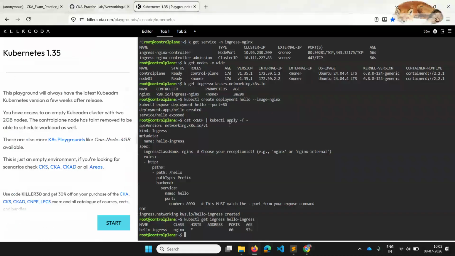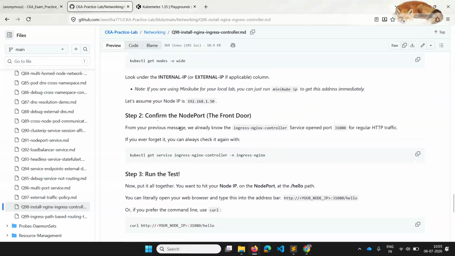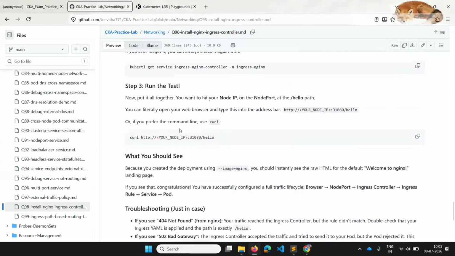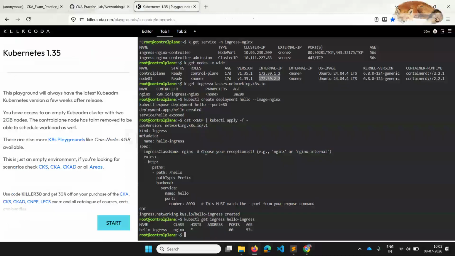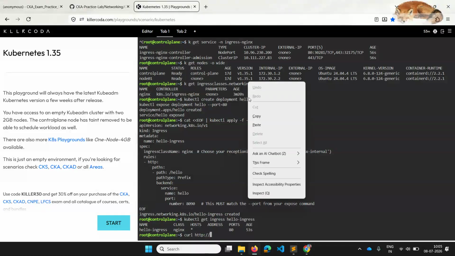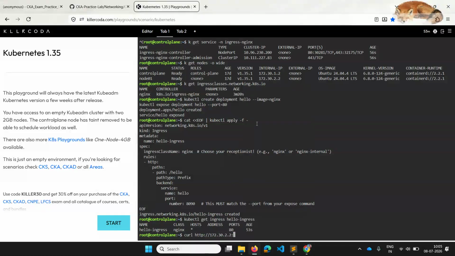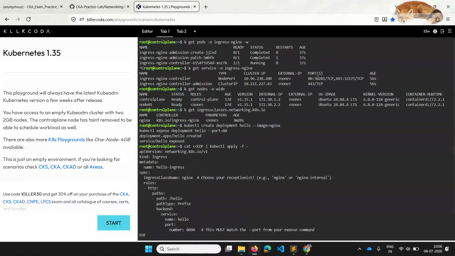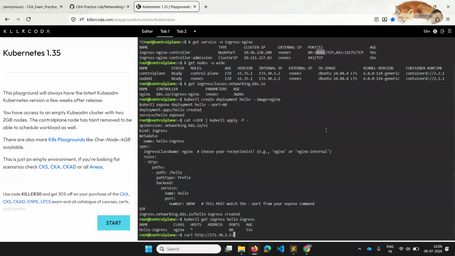So let's say I want to test this one, I will do a curl command, using http colon slash slash this particular IP address, and colon the port, which you will get from here. This is mapping to 80, so I'll just use 3 0